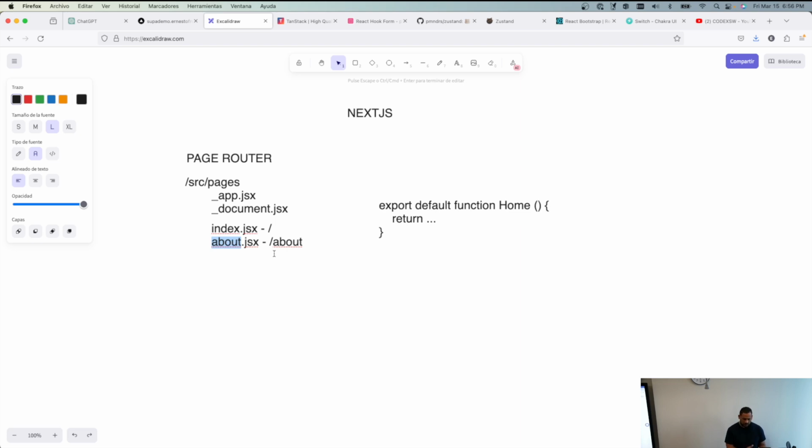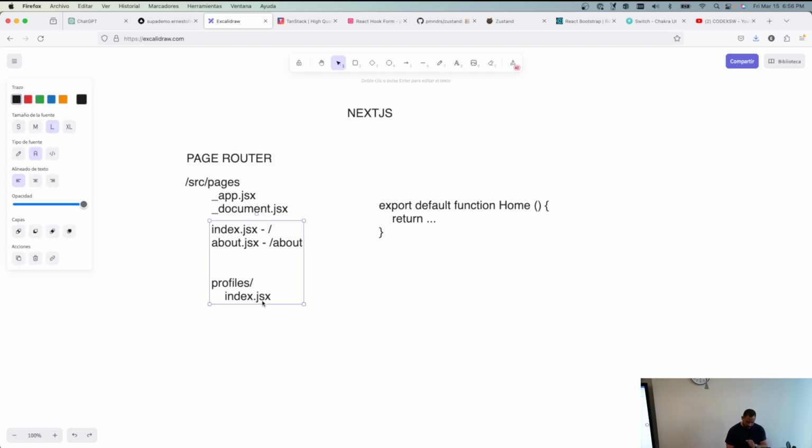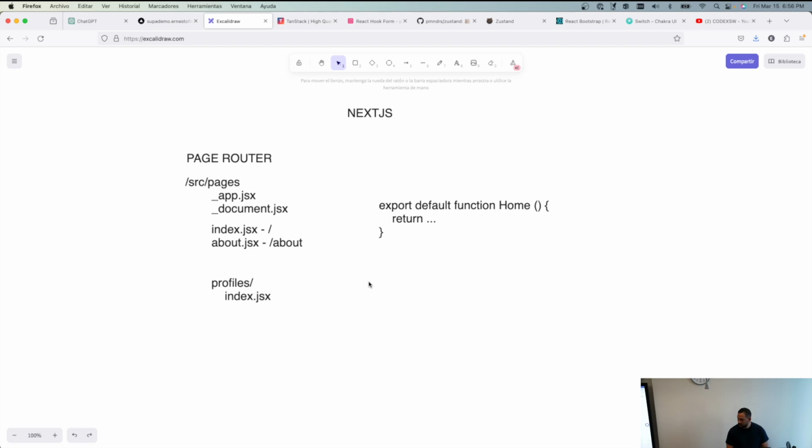You see, you have that already. Now, if I have the folder profiles, and inside that folder I create index.jsx, whatever component I export in that index.jsx will be that component that I will see in slash profiles, right? We already know that. Make sense? Got it. Okay, but now I need to know how do I access